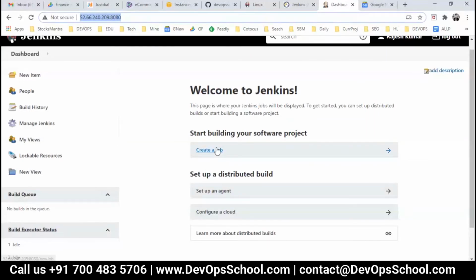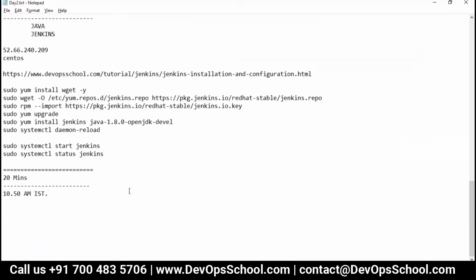If I click on create project, then what to do here? How to set up a job? So guys, you have to ask a few questions before you jump to setting up the job.